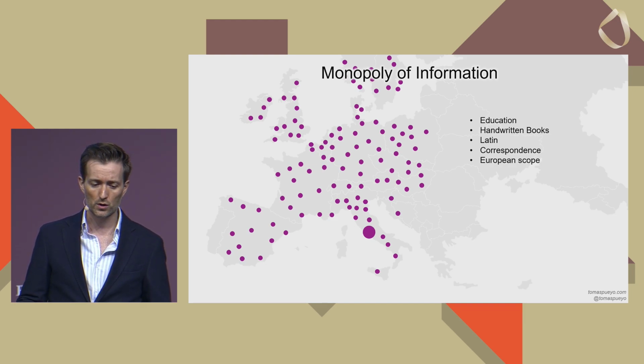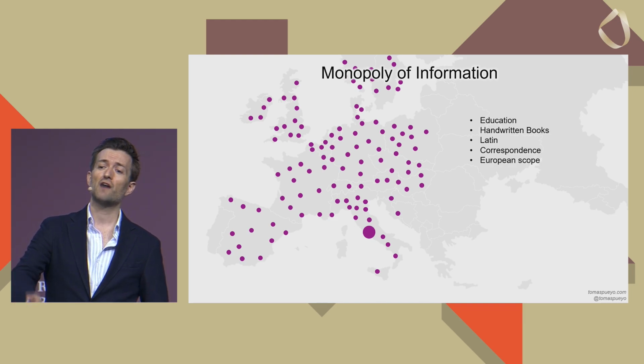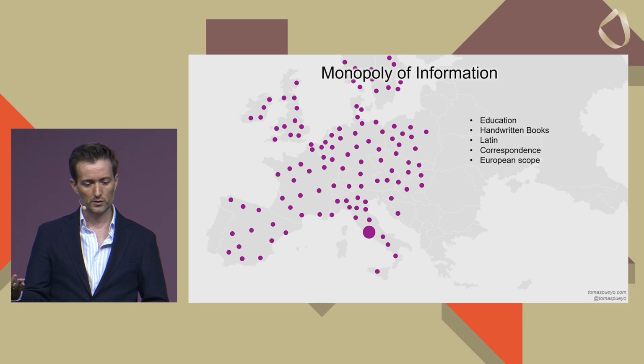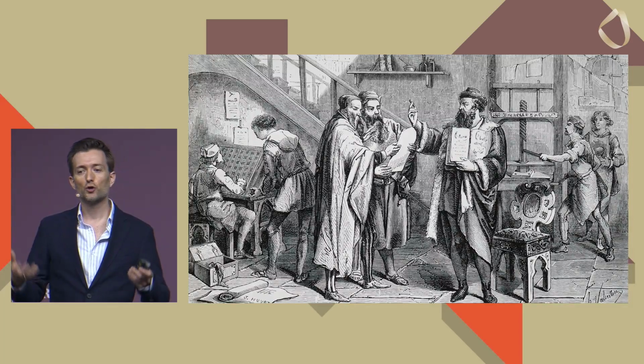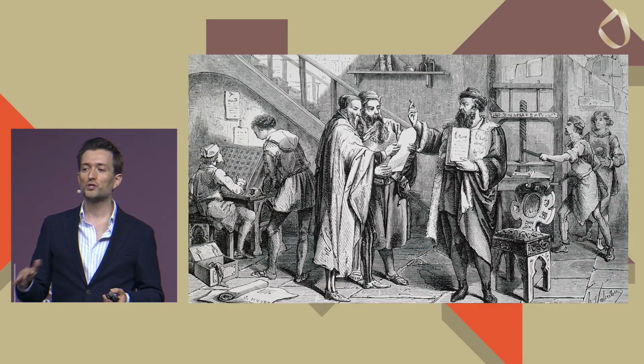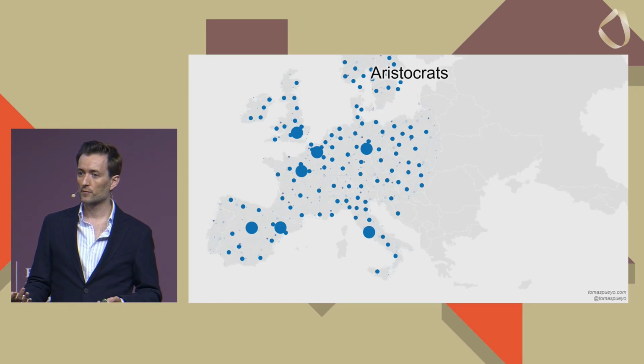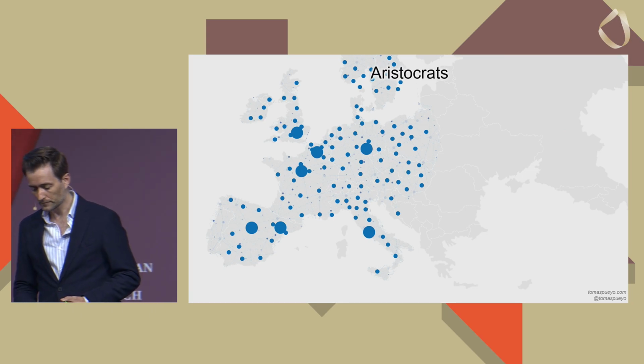It's not Latin anymore. Which means that they also have a monopoly on the Word of God, which is so important at the time. And they have correspondence across all of Europe. So they have a huge monopoly on information, which disappears with the printing press, right? Because at that point,